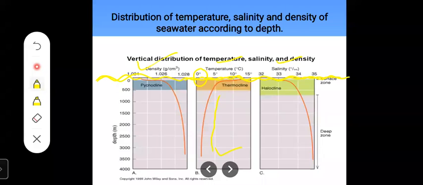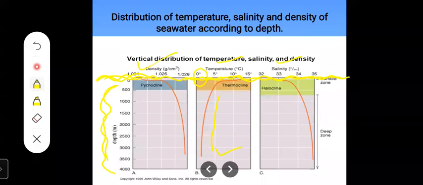See here, on your left side, the depth is written in meters. Now we are going to talk about inside the sea. As I told you first, these are the sea waves, the surface of the sea waves. Now we are going to talk about the deep depth.